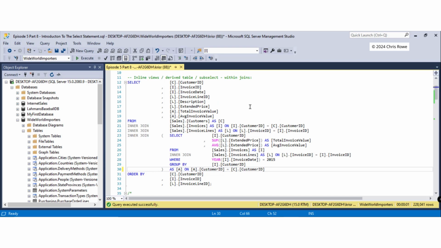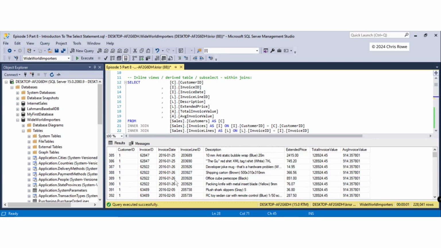However, there are some key things you need to know, a few pitfalls that you need to be aware of, just to make sure that you get the right data at the end of your query. So if we look at our code here, once we ran this off, we've got 228,000 rows and 41 at the end there. So there's quite a lot of rows going on for 2015. And if we look at our result set,